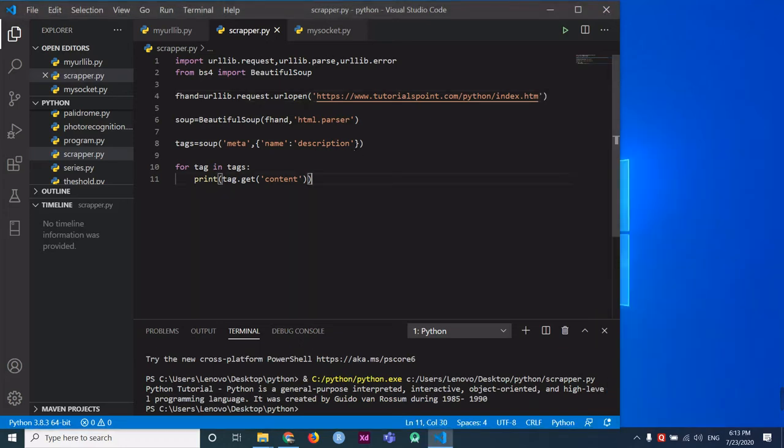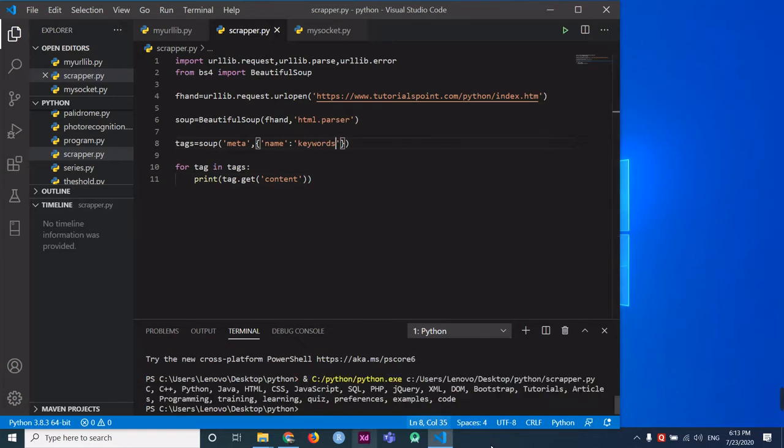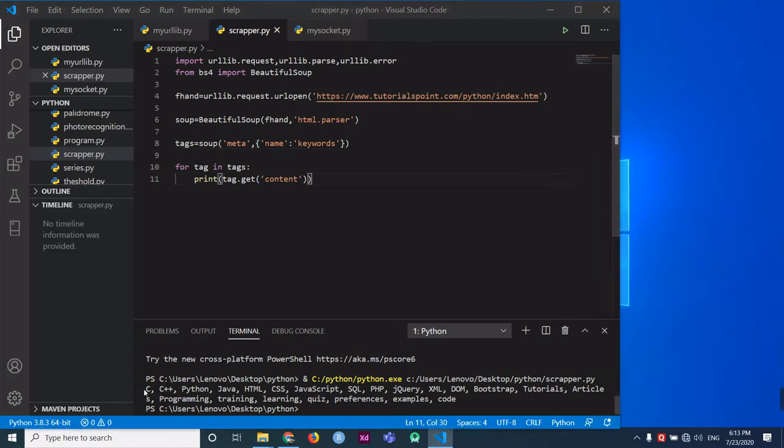I have to write keywords because I want to scrape keywords. Let's recheck it. Yeah, you can see it's working perfectly. I have scraped C, C++, Python, Java, HTML, CSS, JavaScript. These are basically the keywords that are present on that page.